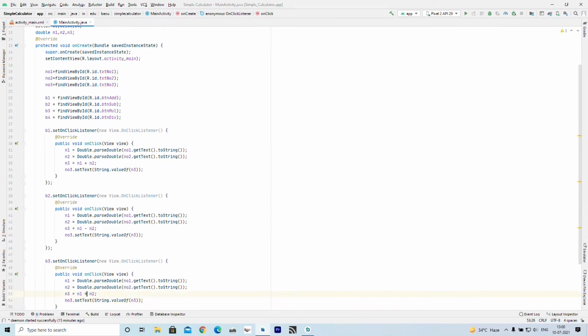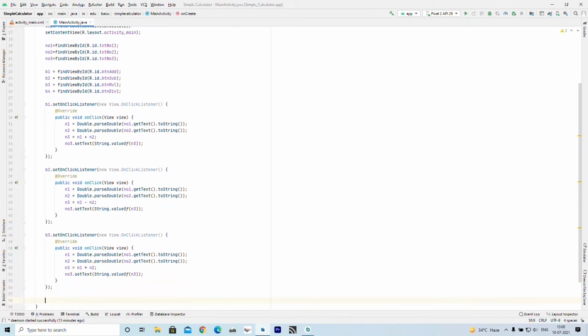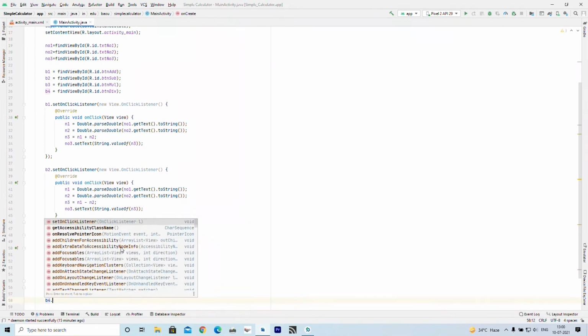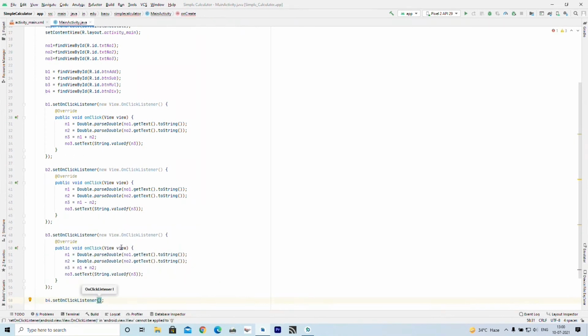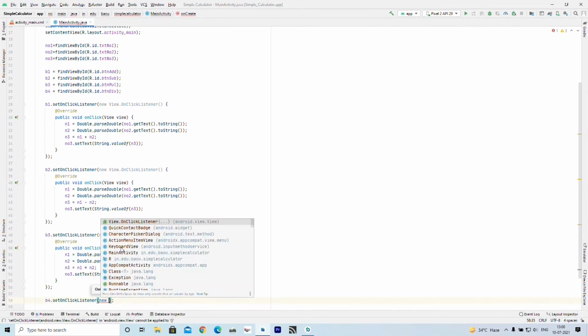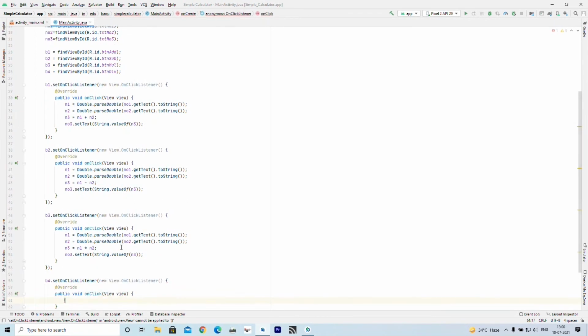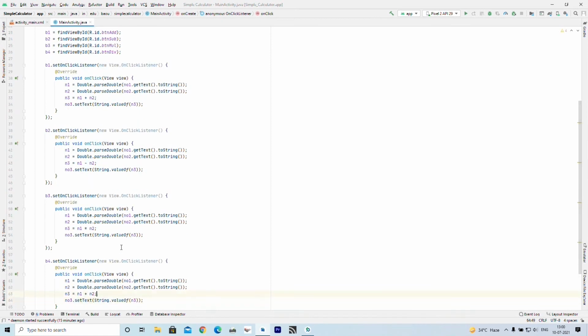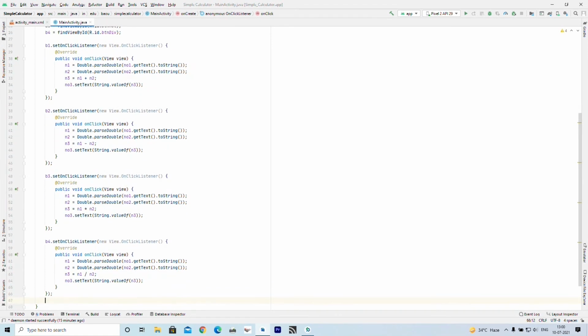So, here the operator is changed to multiply, and in B4 we will implement setOnClickListener, and inside that we create an object of View.OnClickListener, and here we write the division operator.